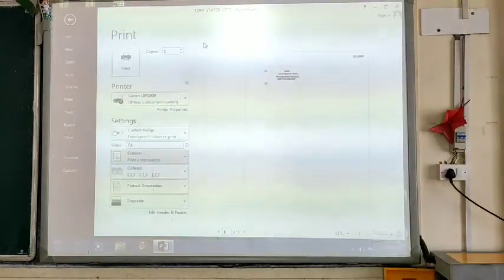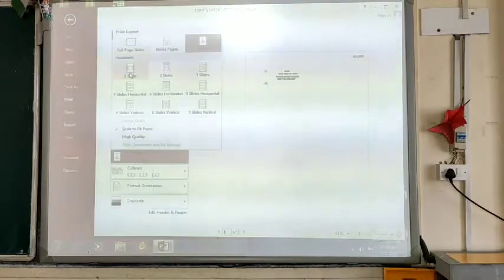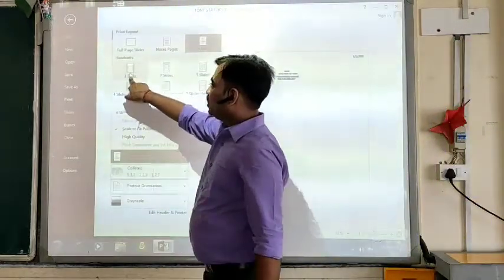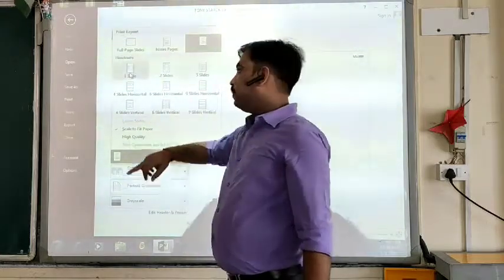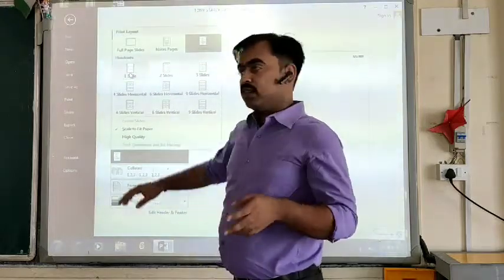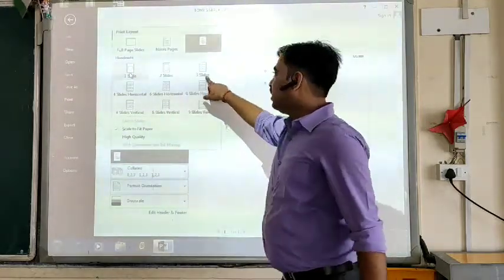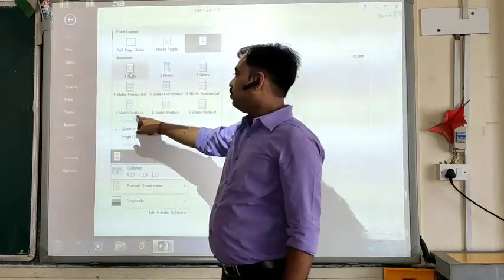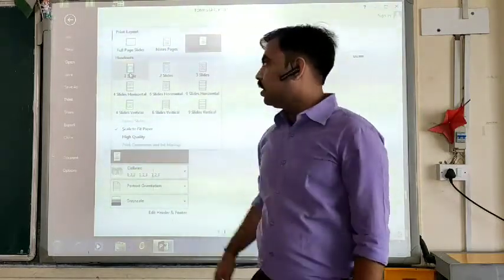Next is the handout option. The first handout option gives you one slide on one paper, then two slides, meaning two slides on each page, then 3 slides, 4, 6, 9, 4 vertical, 6 vertical, 9 vertical.